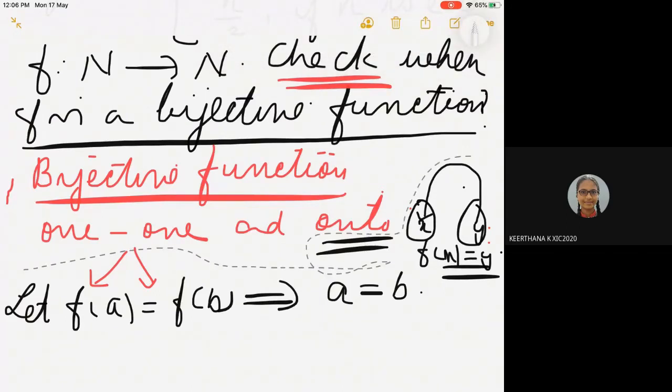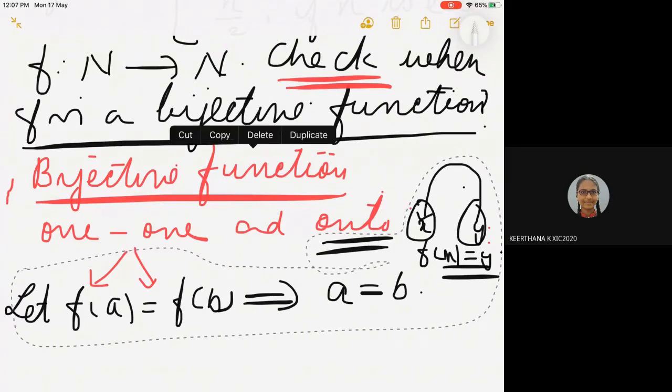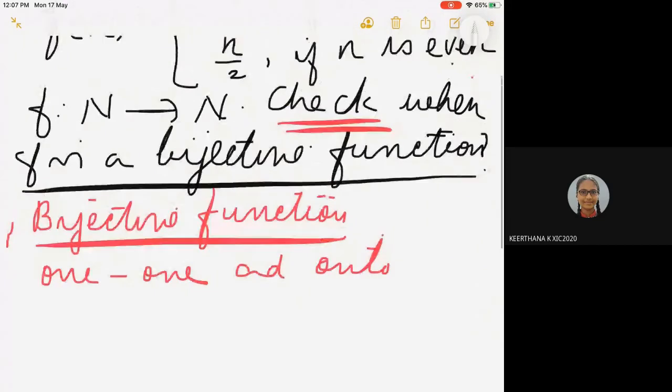So this is the normal procedure when you are asked to prove that the function is 1-1 and onto. But here the question is not to prove that, but to check whether f is 1-1 or onto. Bijective means 1-1 and onto. For that, you just look at some examples, and if you feel it is 1-1 and onto, then you have to go for